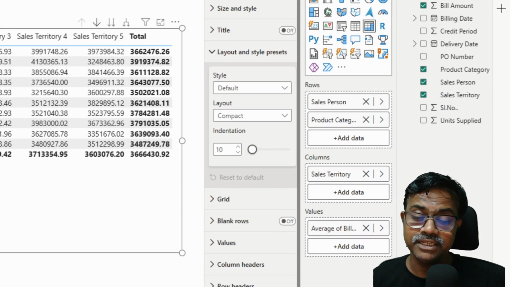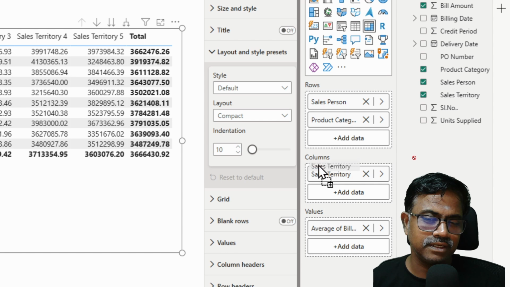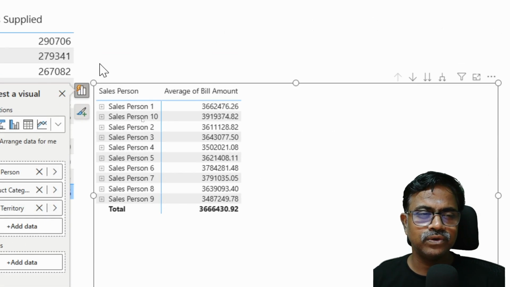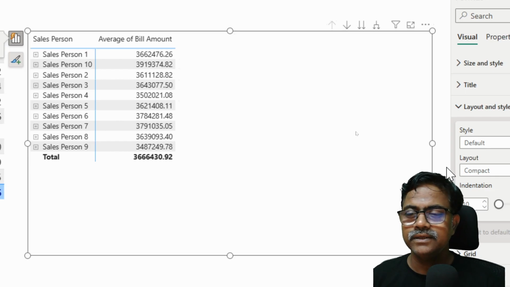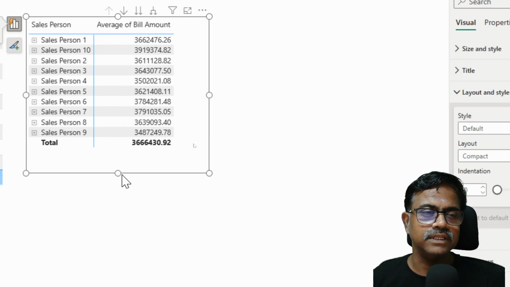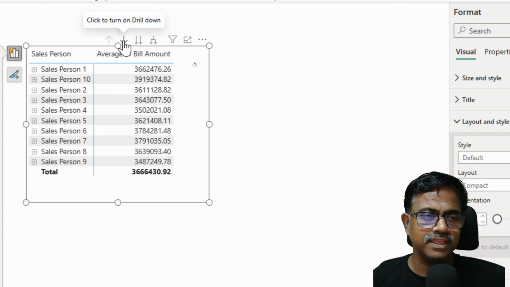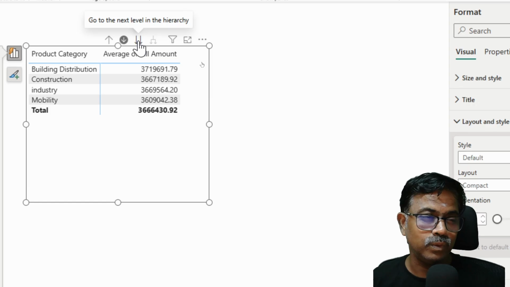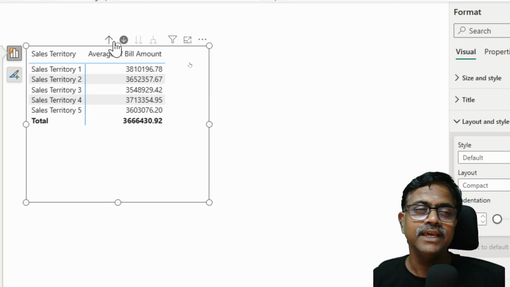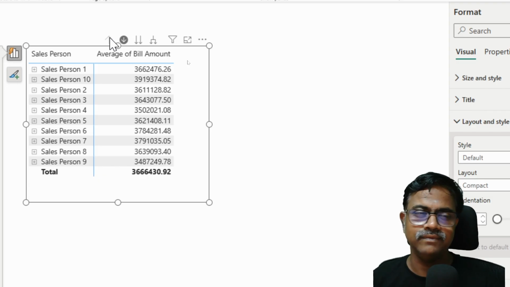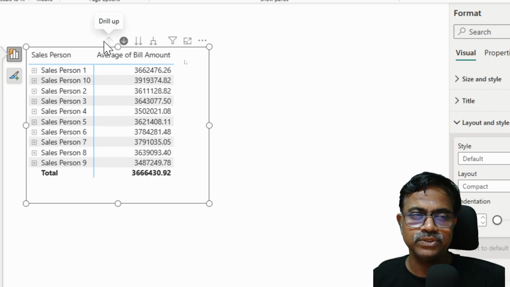Let's try to do something interesting here. I'm going to take the sales territory as well and put it in the row section. Now watch this, your matrix got adjusted like this. Now watch closely. I can use the drill down again, and I can go by one level, which is product category, again by one level, which is sales territory. I'm going to come back up by one level, come back up by one level, and there's no further